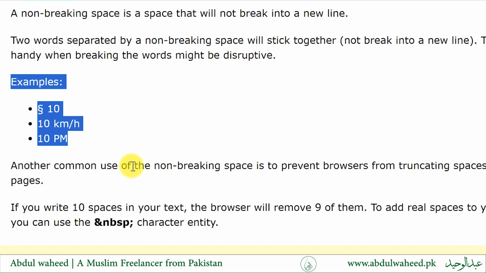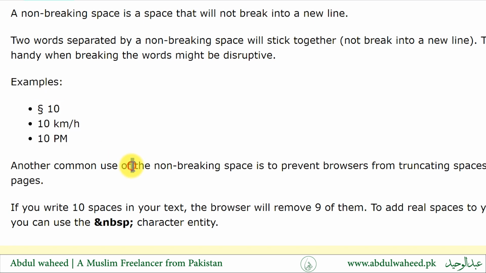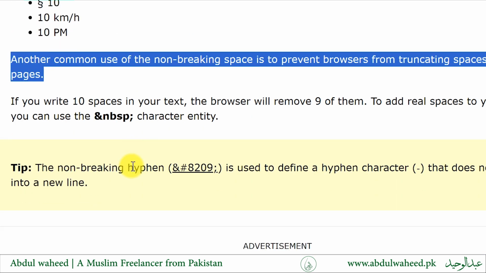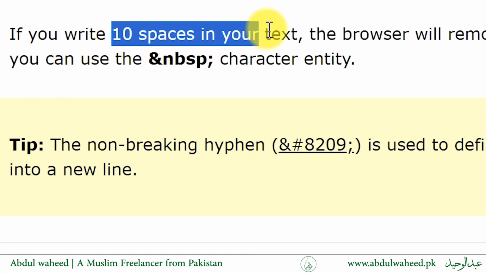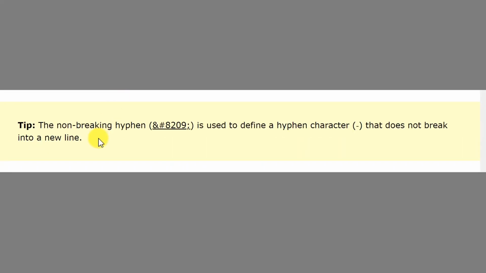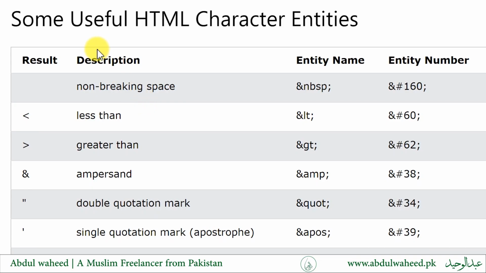Another common use of the non-breaking space is to prevent the browser from truncating spaces in HTML pages. If you write 10 spaces into your text, the browser will remove 9 of them. To add real spaces to your text, you can use the character entity. Some useful character entities are: